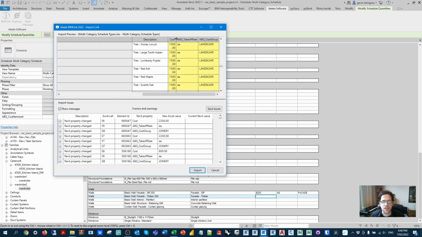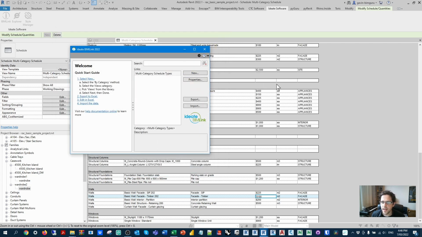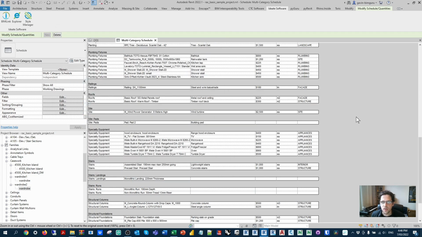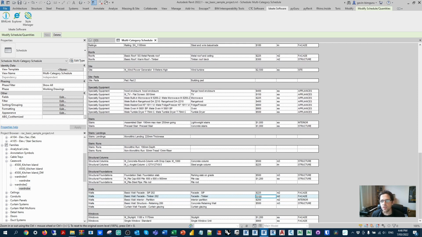In this case, usually just a cost, takeoff rate, and cost group. So at this point we can import, we can see we have no errors and warnings, which is great. And once I import, there it is. All my data that I wanted to introduce is now available in Revit for use in a future costing exercise